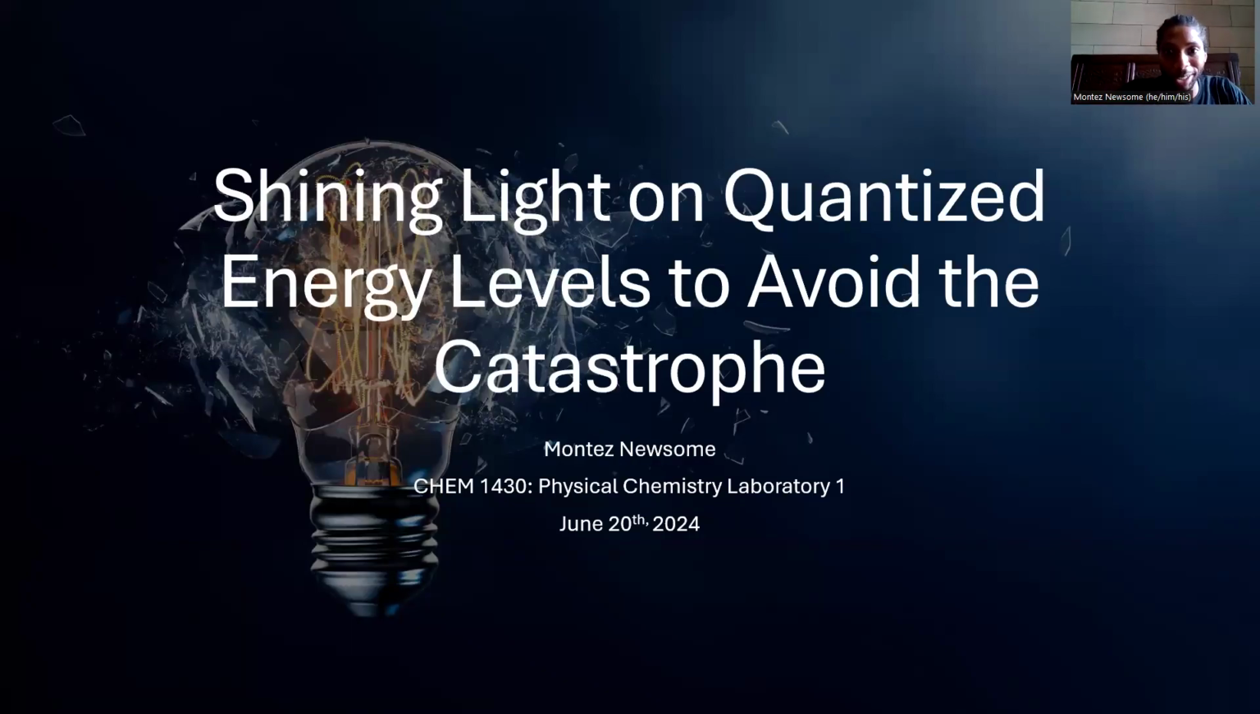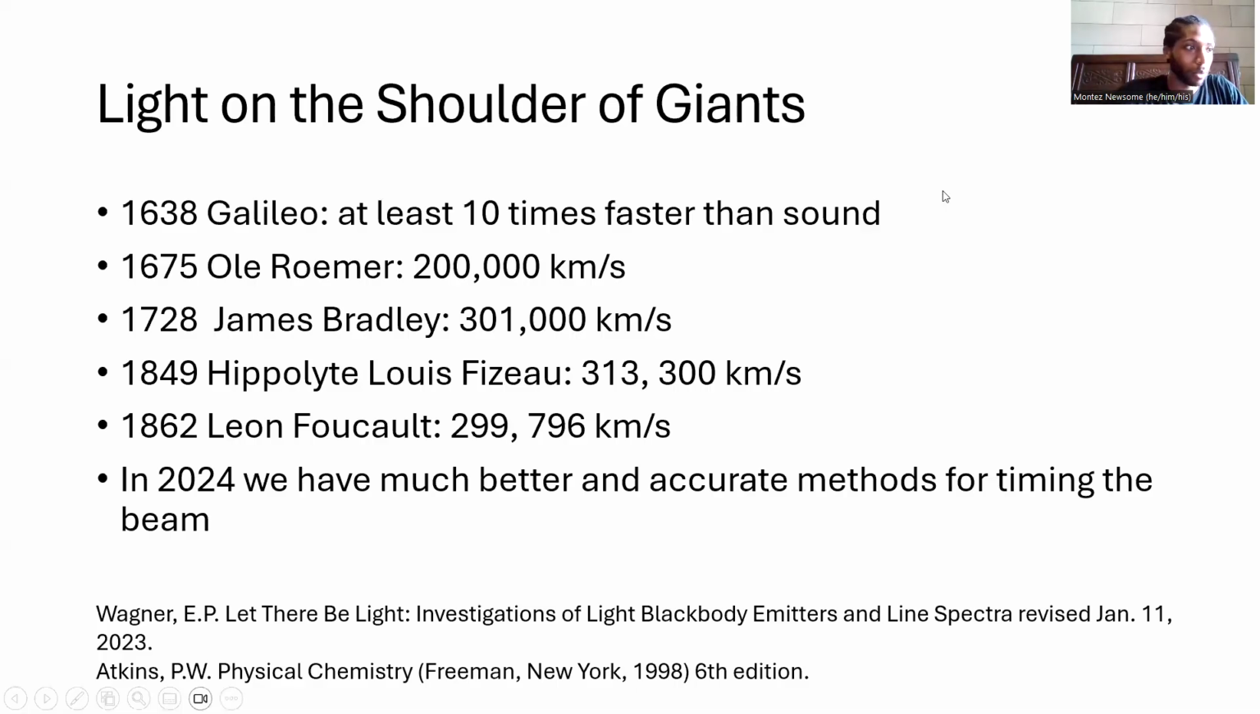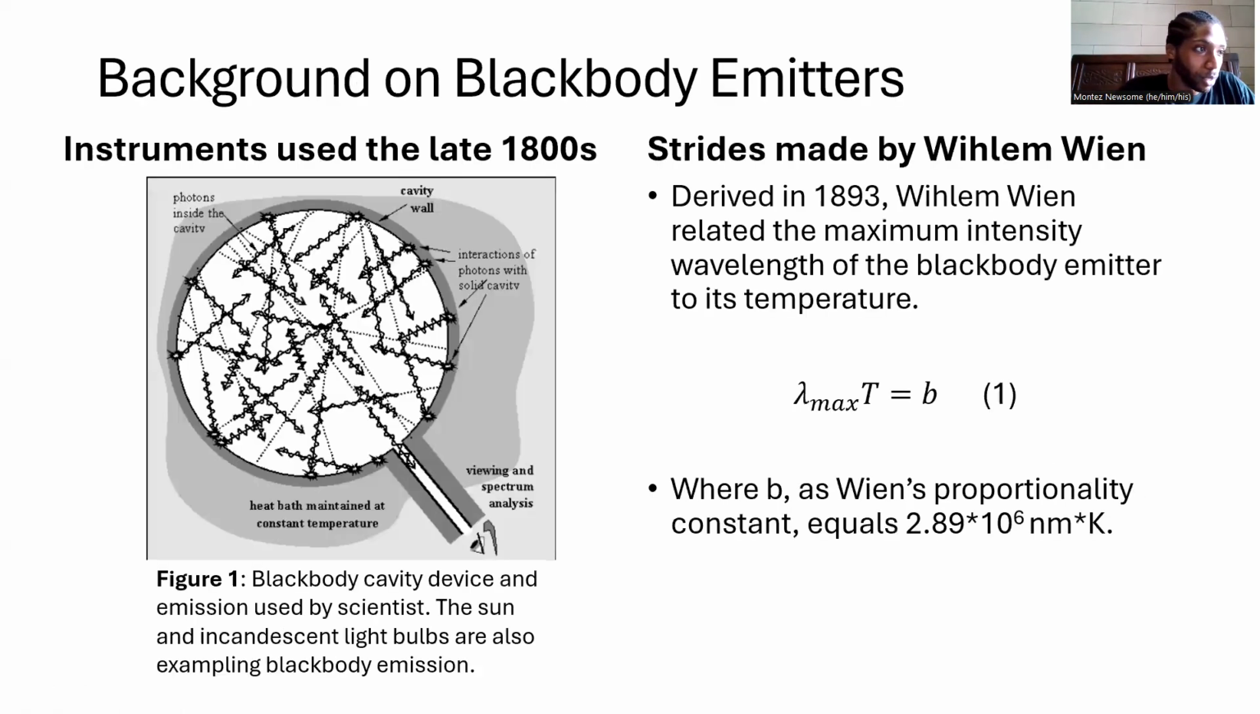Shining light on quantized energy levels to avoid the catastrophe. The experiment continues to quantize and is considered a historical walkthrough through the history. But in 2024, we have much better and more accurate methods for timing the light beam to discover that black body is not continuous. And this was shown, but first discoveries were found with black body emitters with Wien's proportionality